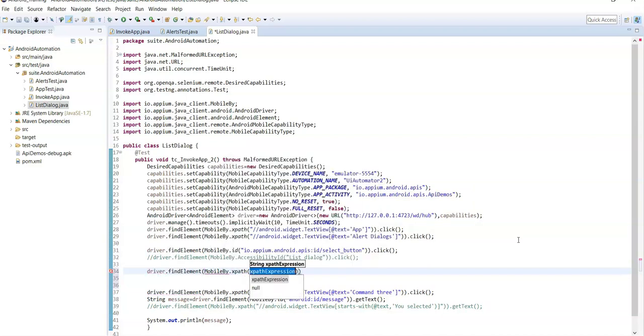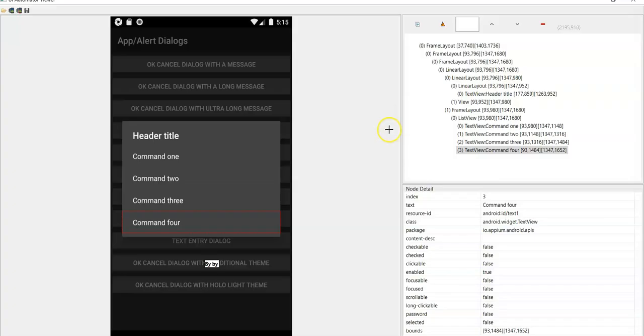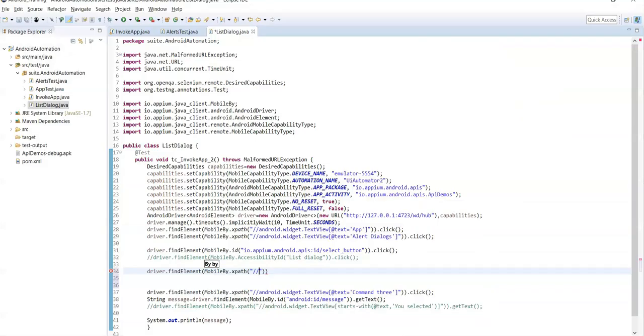MobileBy.xpath. Now the tag name is android.widget.TextView, starts-with, @text attribute name, comma, common value is Command.